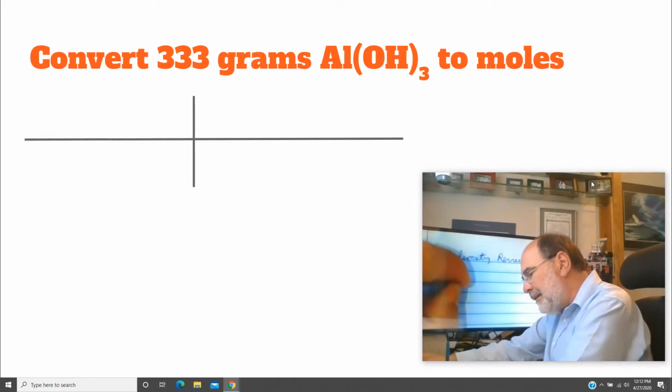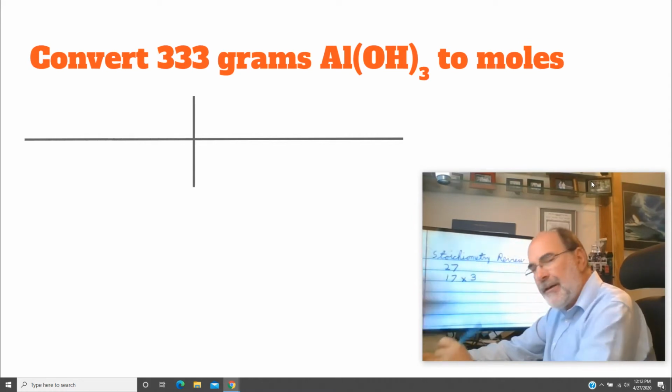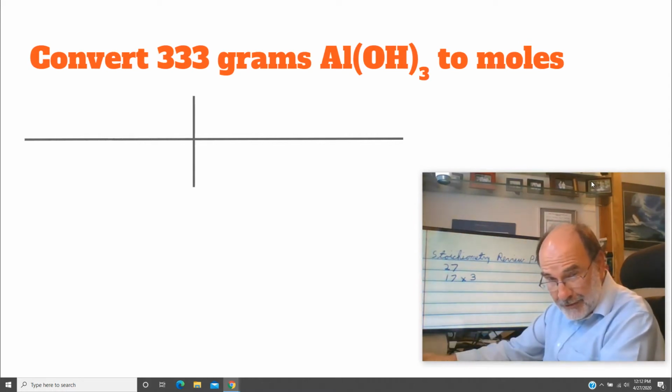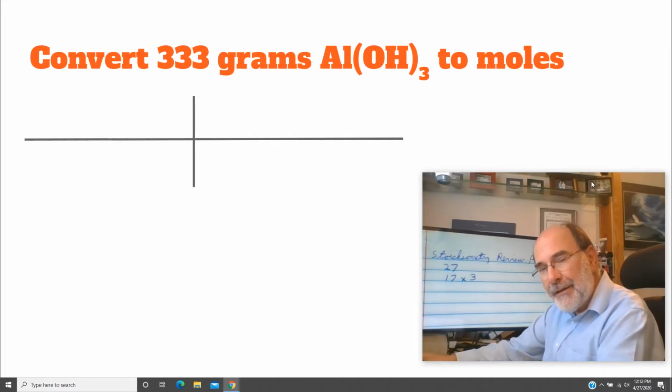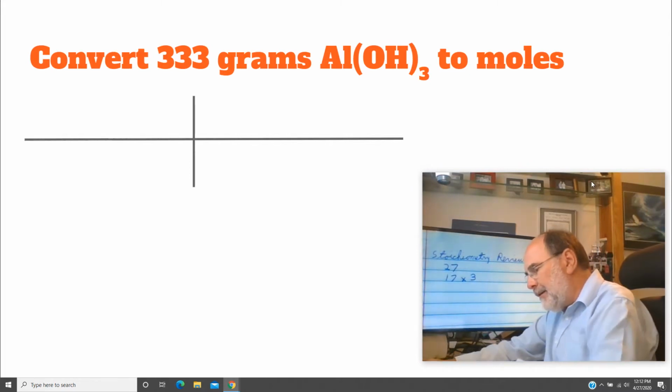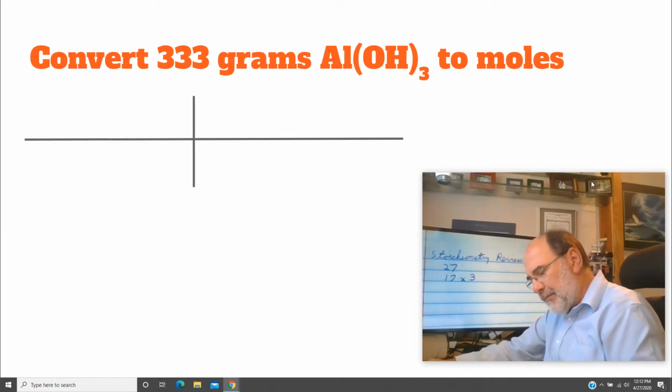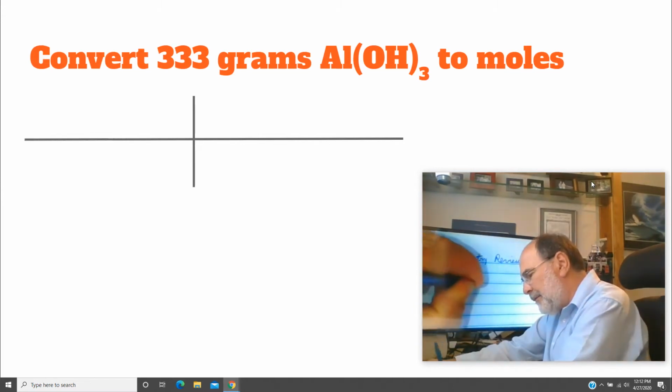I have 3 groupings of those hydroxide atoms. That's what it means to have the subscript 3 outside the parentheses surrounding the OH. So on my calculator, if I go 27 plus 3 times 17, it works out to a total of 78